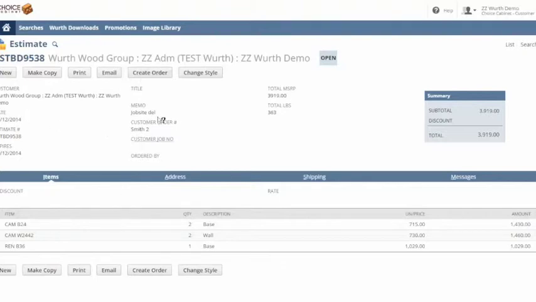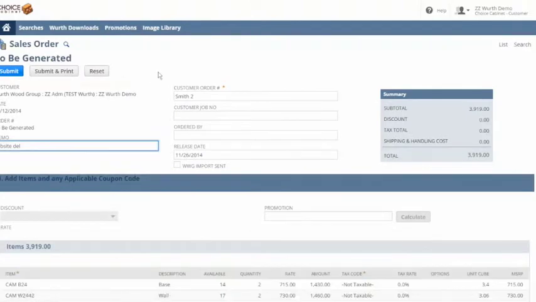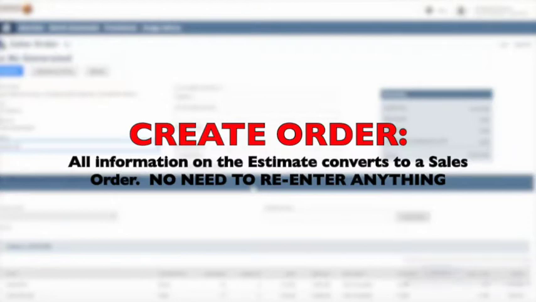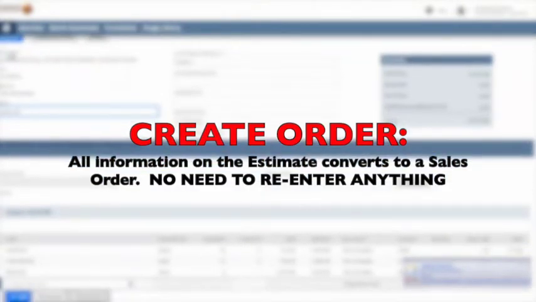Now we're going to try to create an order. So you don't have to go to enter an order and re-enter everything. You can click on the Create an Order tab, and this will automatically change from an estimate to a new sales order. You'll notice up here in the top, sales order here, all the information has transposed over,